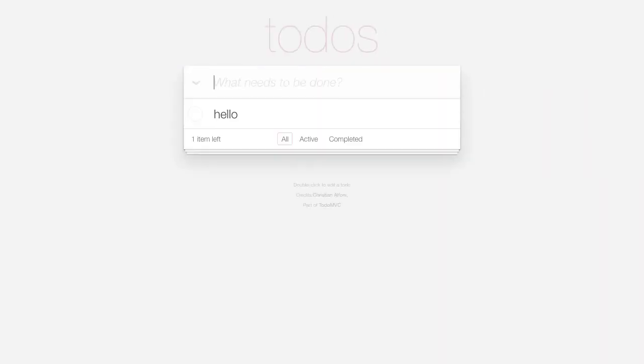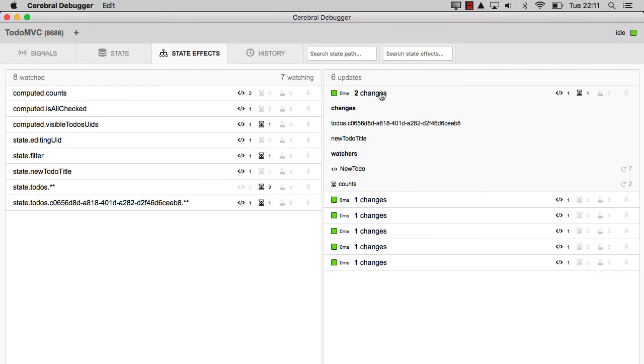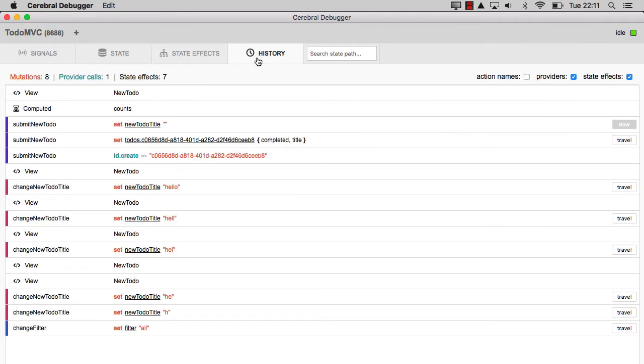So if I move back and I hit enter, we can see that now there were actually 2 state changes that were batched together, which was a new to-do and also the new to-do title. It was emptied. And we can see that the new to-do was affected by this, and the counts was affected by this. Okay, what I also want to show you is that when I go to the history now, we can actually see